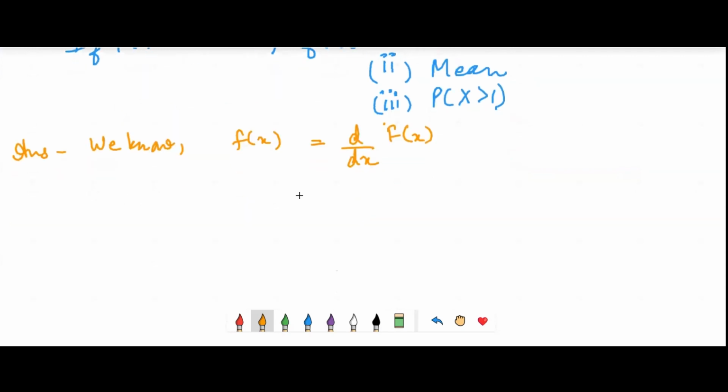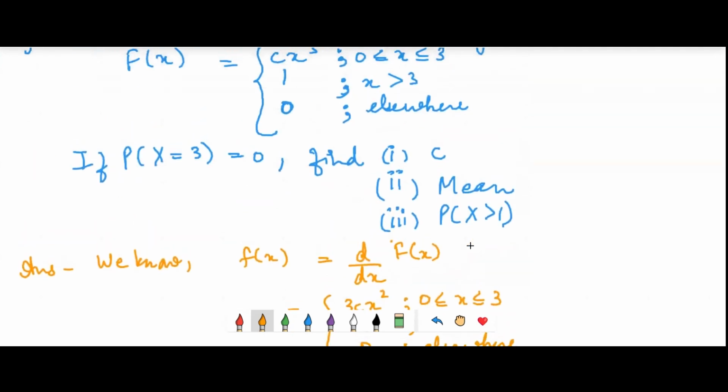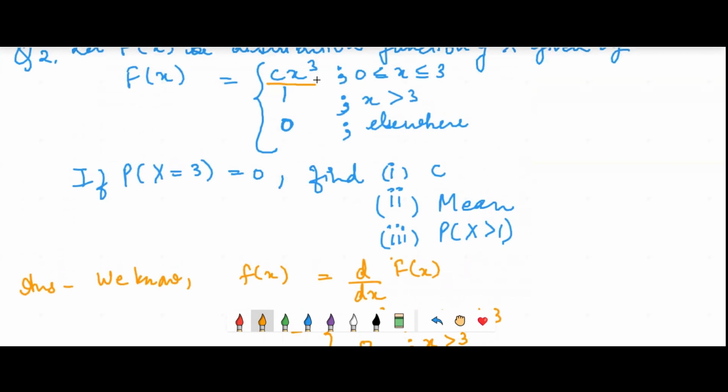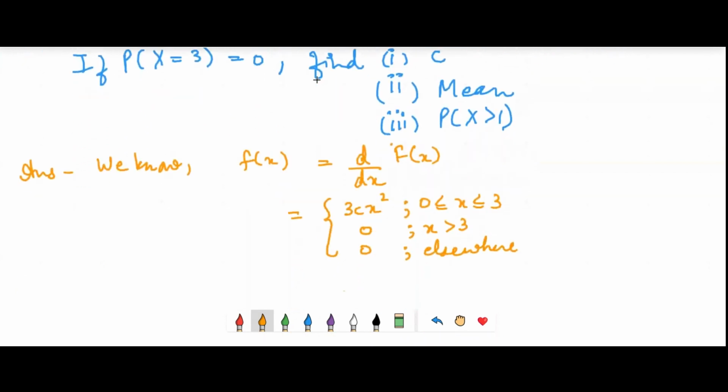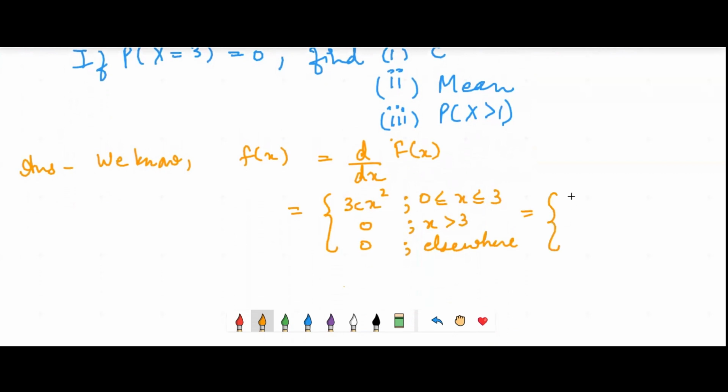So this is within the range. The derivative of cx cube is given by this. The derivative of 1 would be 0. So that means for x greater than 3, again 0 is 0. So the derivative of a constant value is 0. And here I have taken the derivative of cx cube as 3cx square. I can rewrite this as